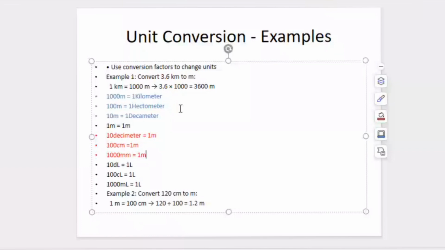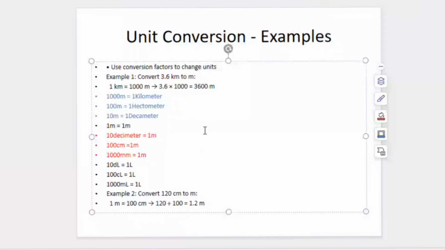So now the example we have here, we said the conversion was convert 3.6 kilometer to meter. So now this is where it actually gets complex. Now there is actually, I think what I prefer to call my own rule in trying to do conversion. So that rule is this: